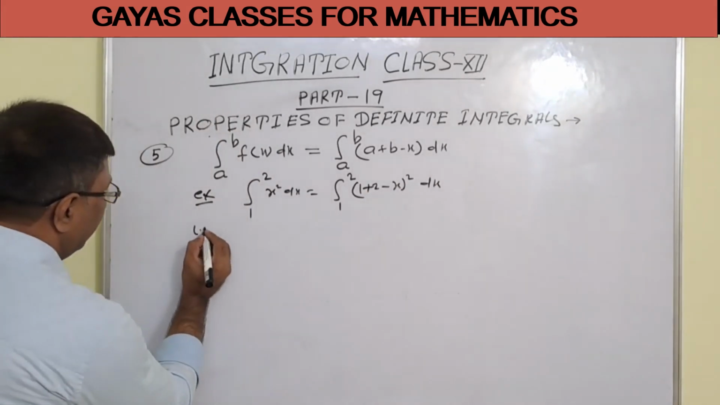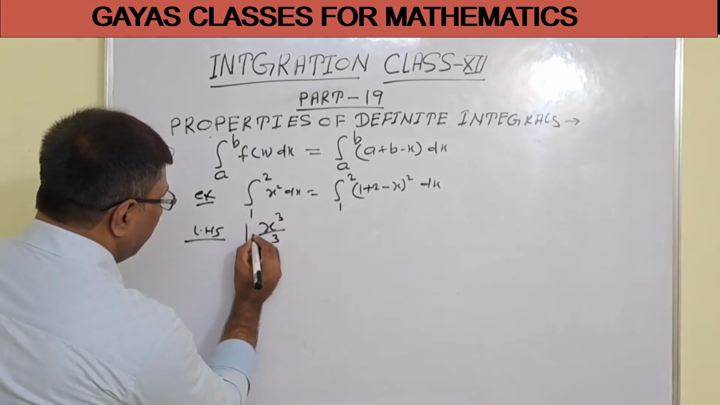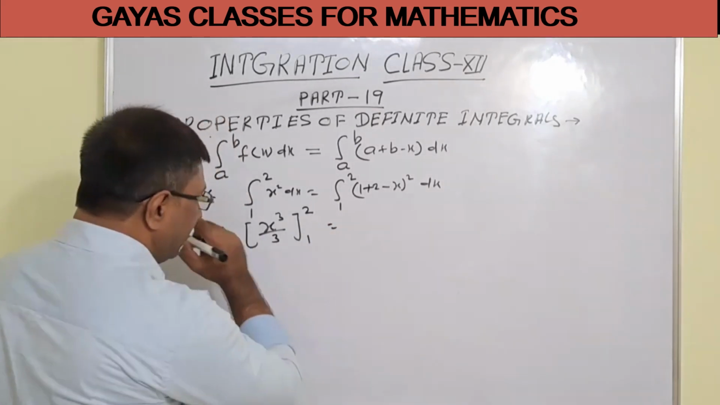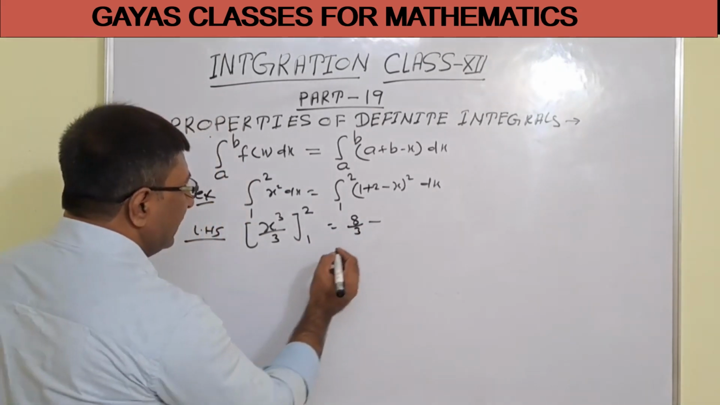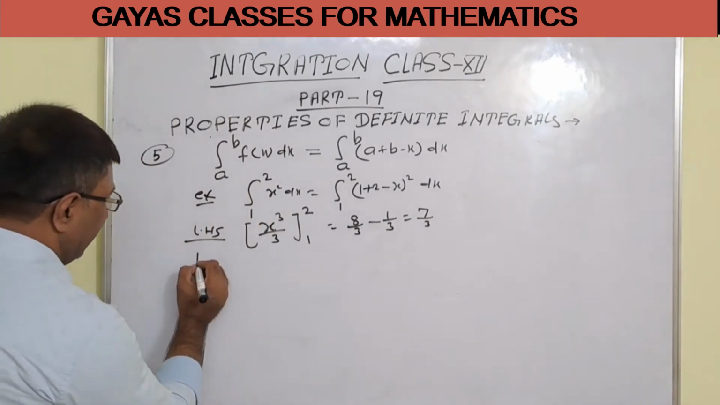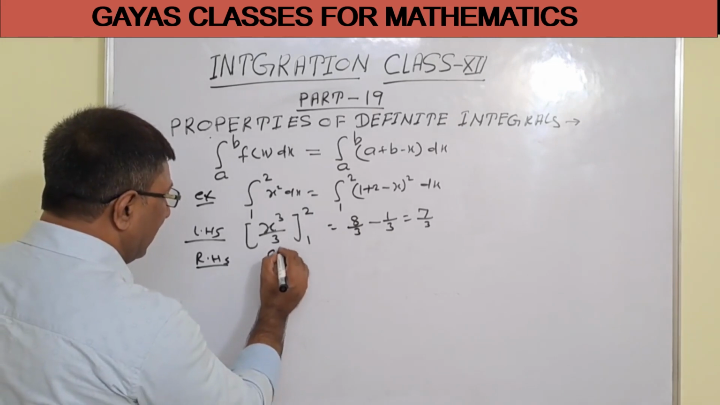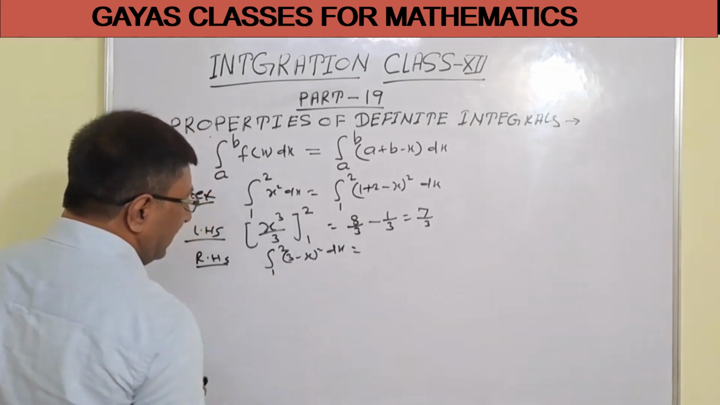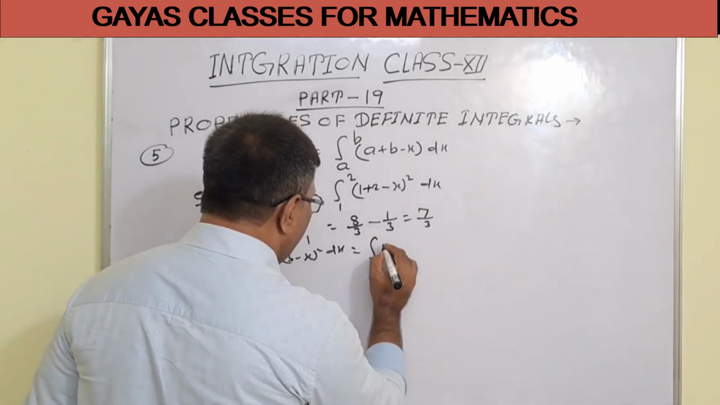So when we take the LHS, we will get x cube by 3, and here upper limit is 2, lower limit is 1. Put x equal to 2, 2 power 3 is 8, so 8 by 3 minus 1 by 3. So we will get 7 by 3. And now the RHS. This RHS is the integration of 1 to 2 of 3 minus x whole square dx. So we can write the integration of 1 to 2,